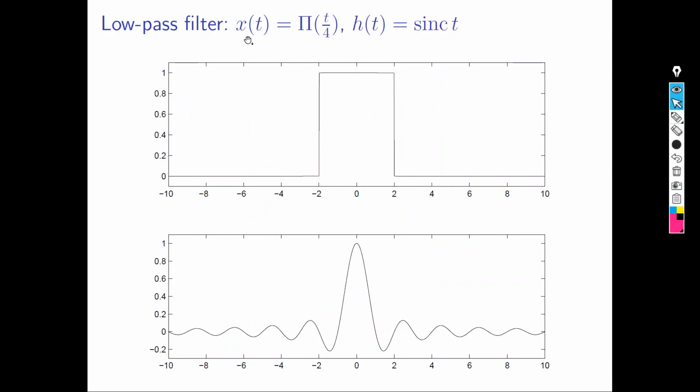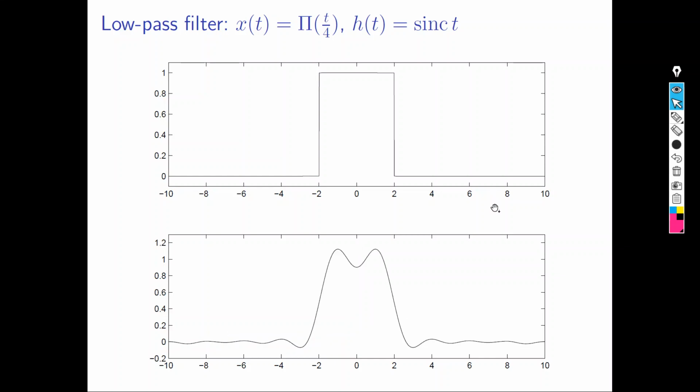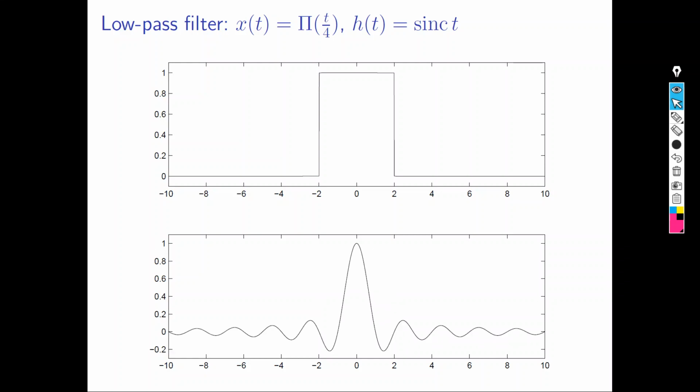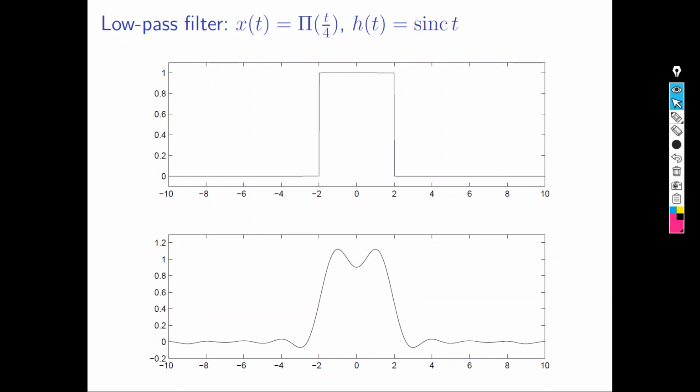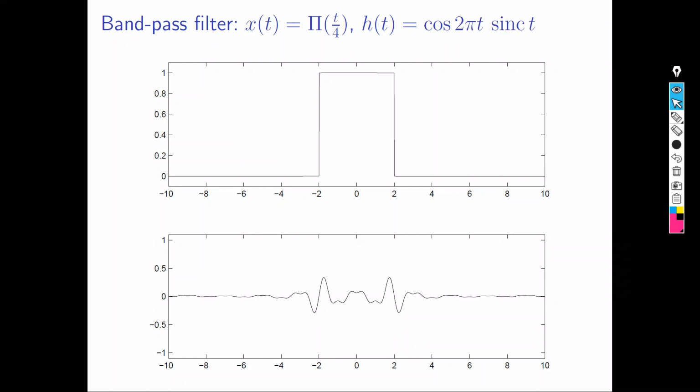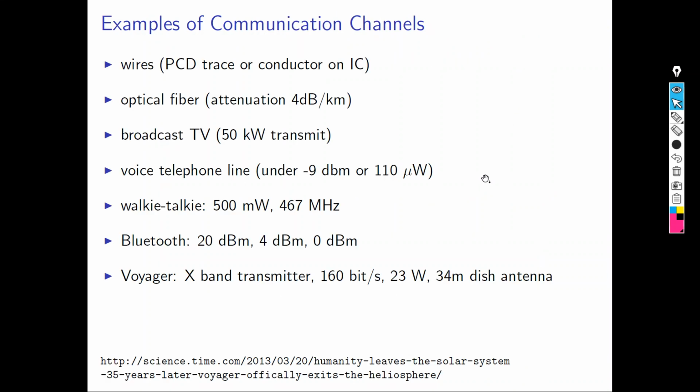And here, different examples when x of t is rect 2 over 4. Over 4 means the bandwidth, the duration of the filter. Whatever is on the denominator is basically the duration here. And you have here h of t sinc t, and here the output, here with one term, here with two terms, here with cosine 2 pi t sinc t,